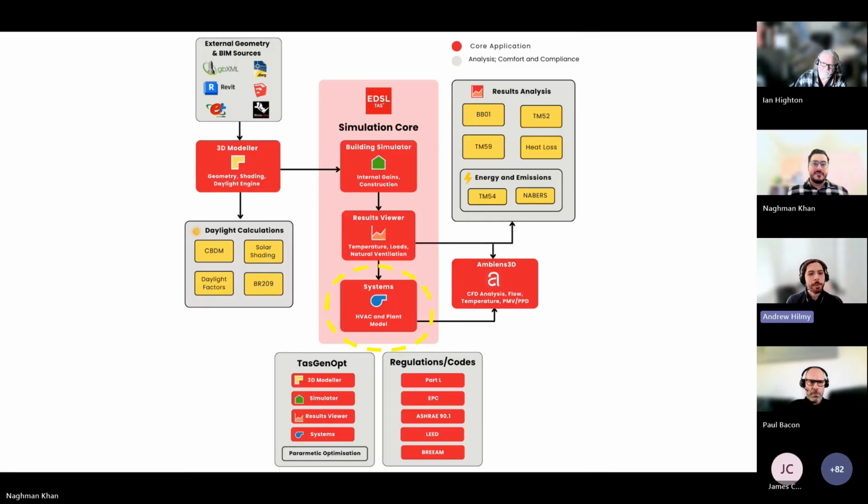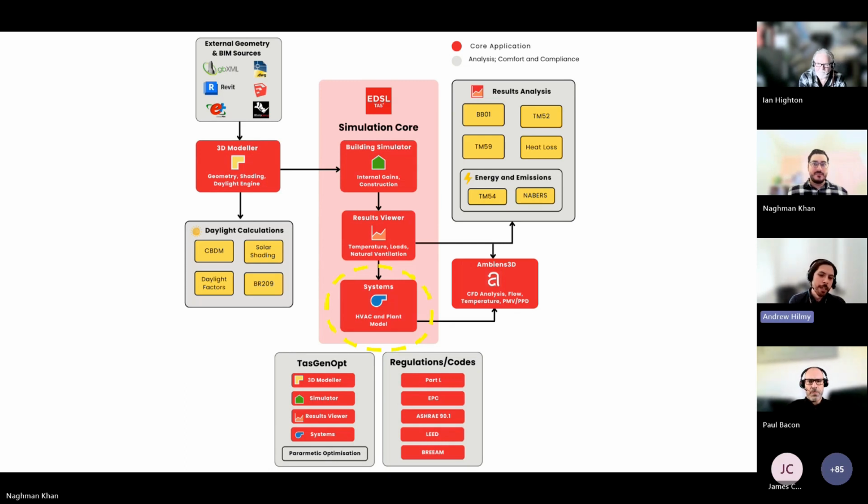And then you'd simulate your building simulator file and produce a results file, and that contains your room loads. And this is hourly data for every zone, even every surface in the space. And this is actually the input to TAS Systems. So TAS Systems needs the hourly load information from the results viewer, the room loads, zone loads. And it also learns information about how the space responds to changes in energy as well, which is used later